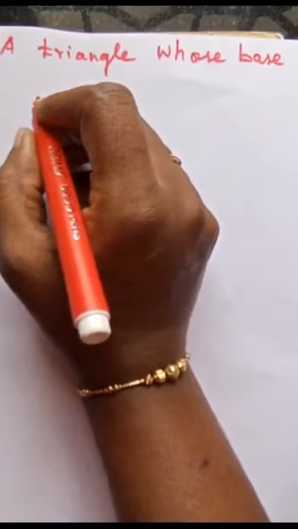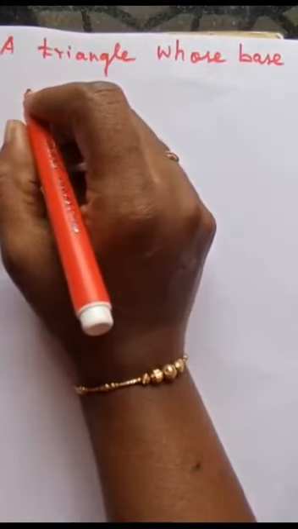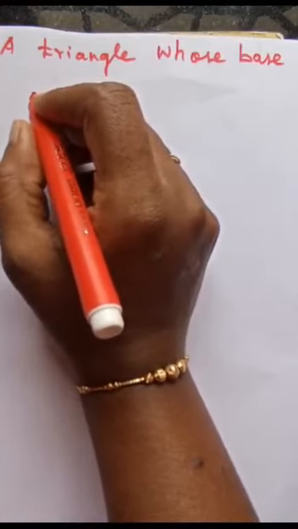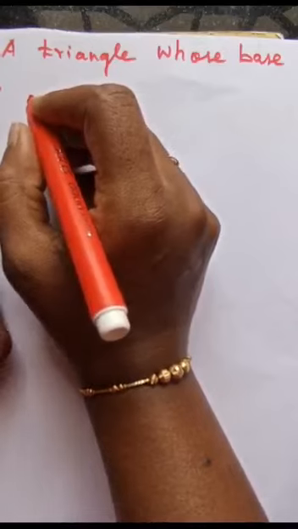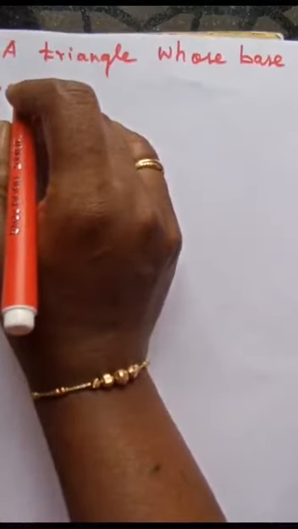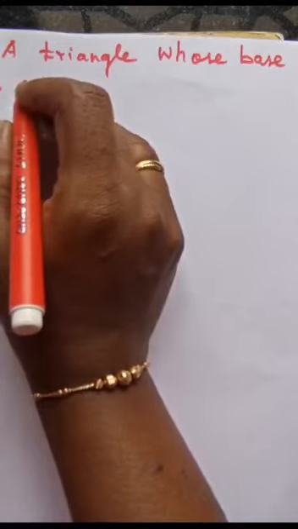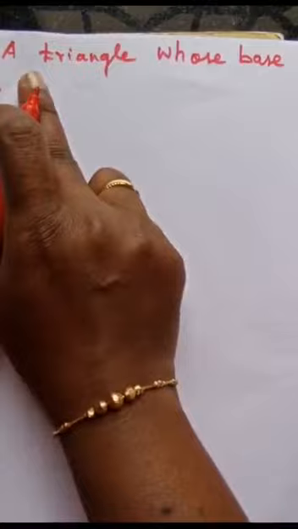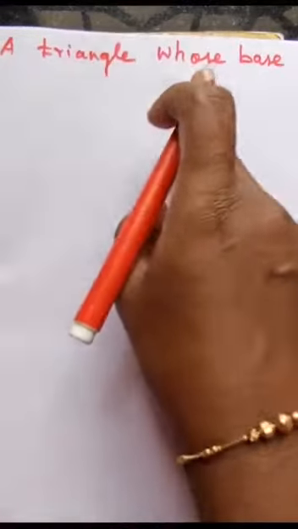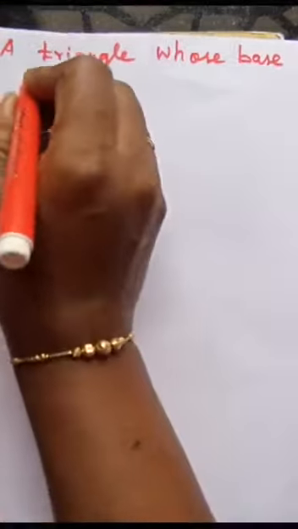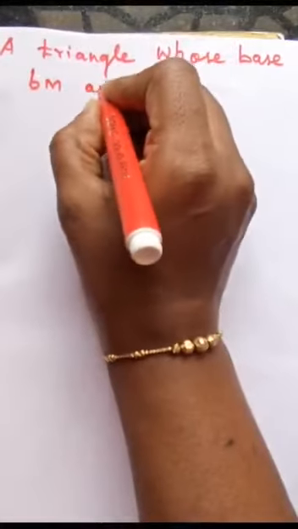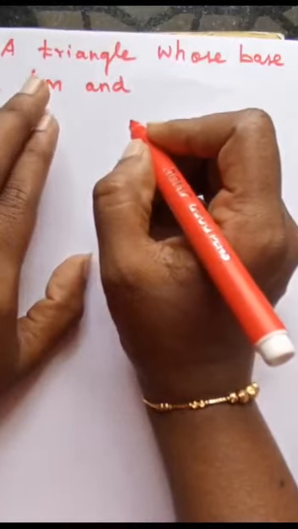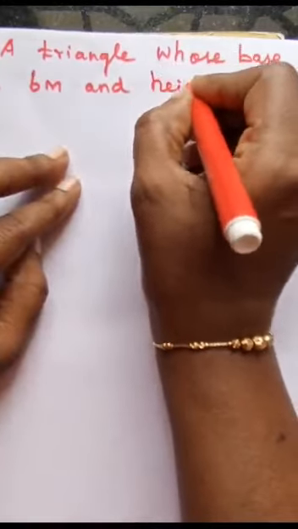Now we are entering into the next option, in the second sum. Just now I have completed the B option. Totally we have 3 options. In that, our next option, the C option, is what shape are we going to find? Right now we are going to find the area of which shape? Triangle. Okay, so in our third, the C option, the base of the triangle is 6 meter, and height is 8 meter.